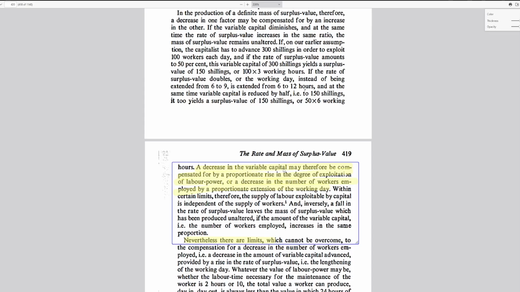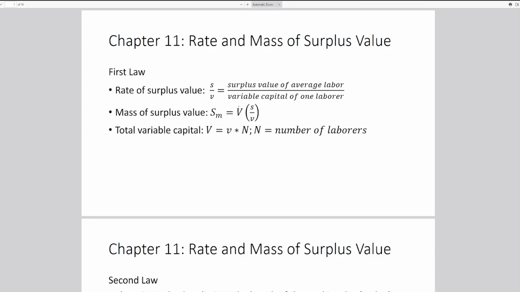If we decrease our variable capital, or we have less variable capital to spend on labor, so our capital V goes down, then our ratio here has to go up in order to compensate, to make sure we get back to the capital S that we're looking for. So we take a look at this ratio, then we can either decrease little v, meaning pay your laborers way less. But again, that has limitations, because you can't pay them nothing,